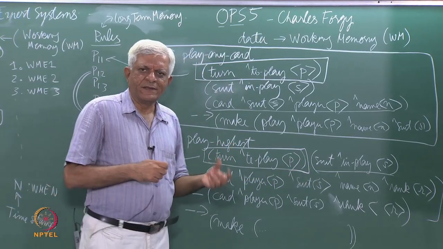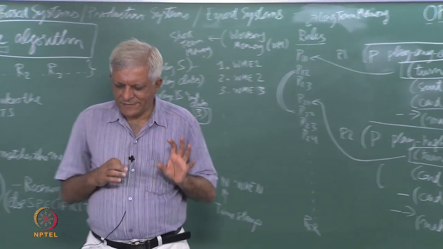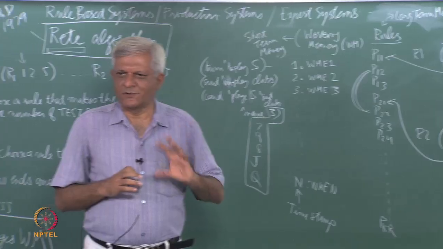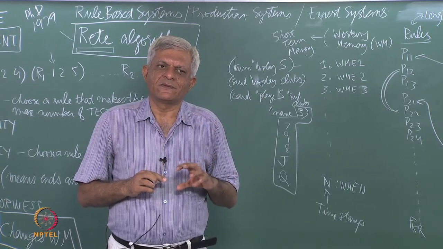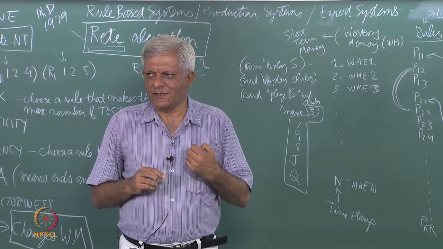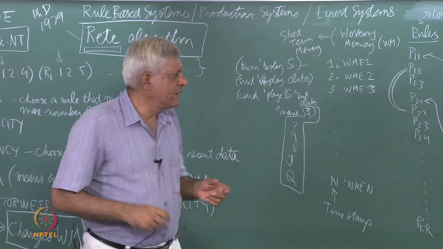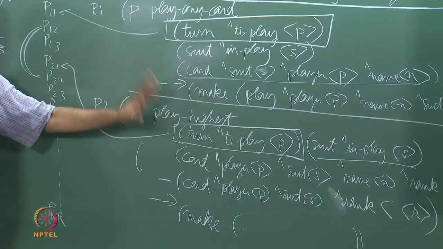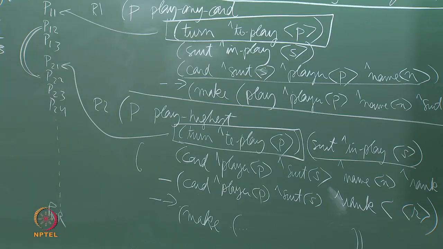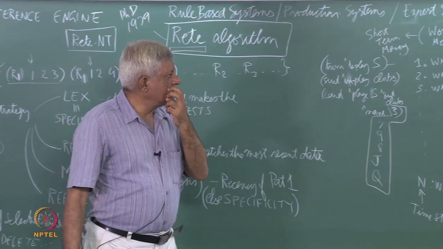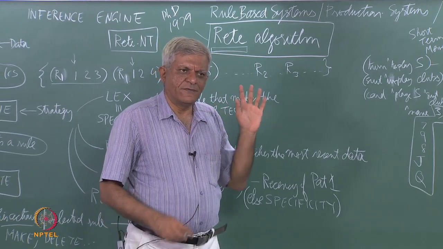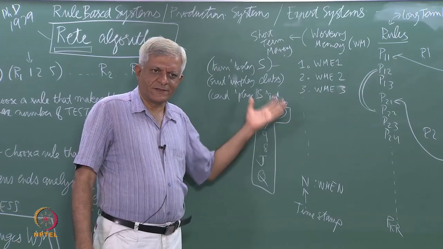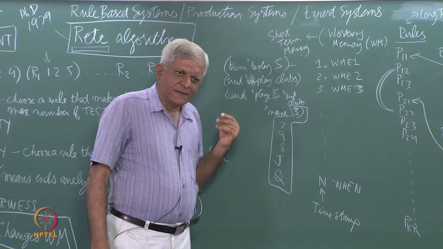So, the first thing that we would like to do is to share the tests that different rules are doing and different patterns are doing. So that as far as possible each test we make only once, or each pattern we match only once. So, if we match this pattern once and then both the rules come to know about it, then we are saving time essentially. So, that is one. So, this is one source of inefficiency, or one avenue for increasing the efficiency of your match algorithm. But there is another